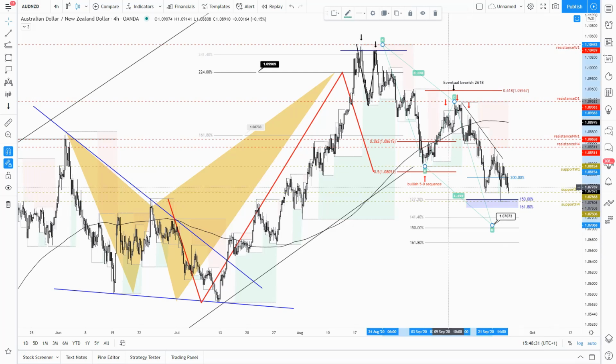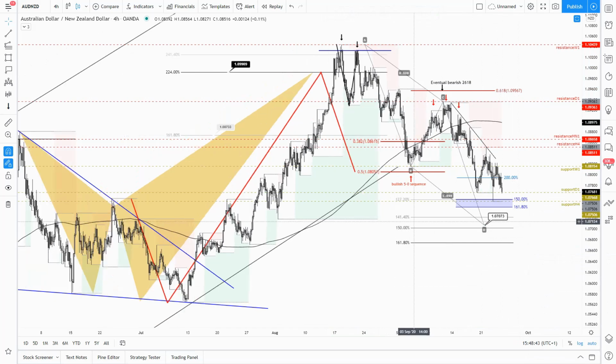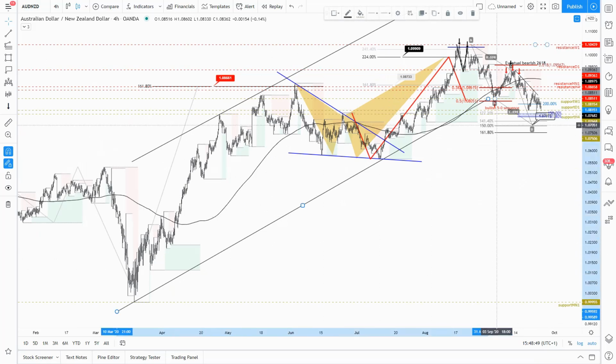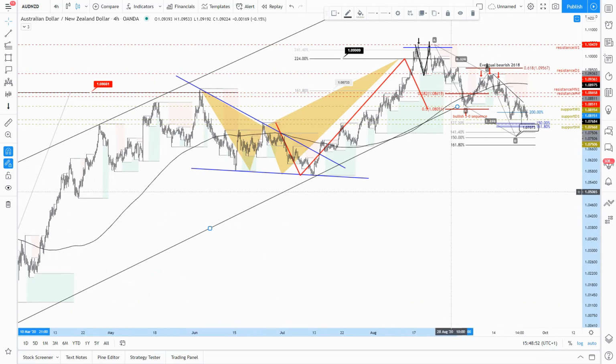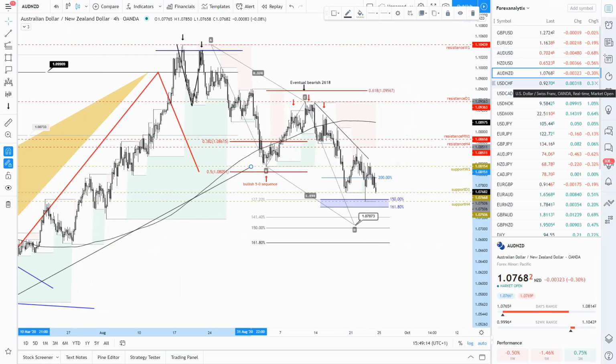I shared with you the symmetrical projection for one ABCD pattern. So a symmetrical ABCD pattern will put the price at 0707. So I will not be surprised to see the price trading even lower. And as I told you before, because we are breaking this major or long-term ascending structure trendline support, I will not be surprised to see even more downside momentum. The Fibonacci ratios and the variables, 0707, will complete the default ABCD pattern as a symmetrical